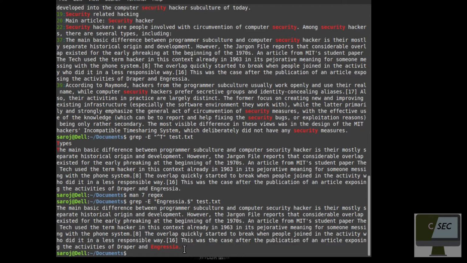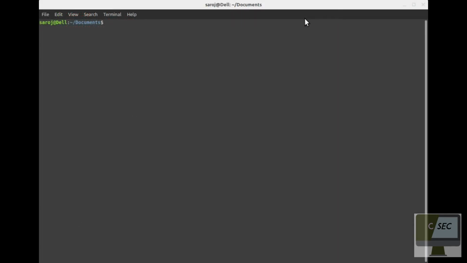There are many other commands which you can pass with the grep command. You can learn more about it by going through our blog site or by looking at its manual page. Now we have seen how we can search the given text through the grep command. So let's see how we can sort the given text or numbers through the sort command.